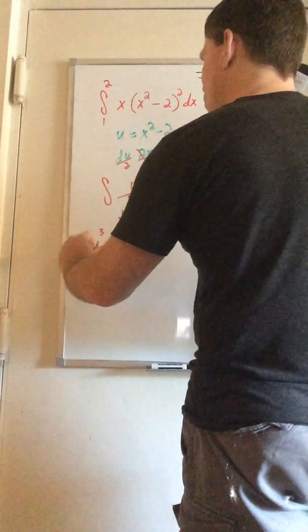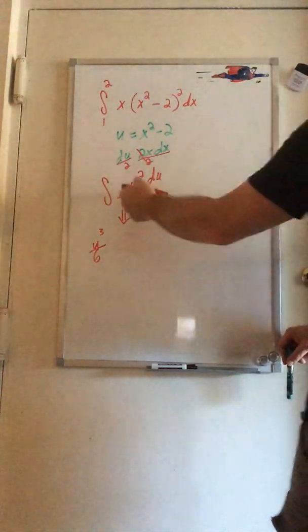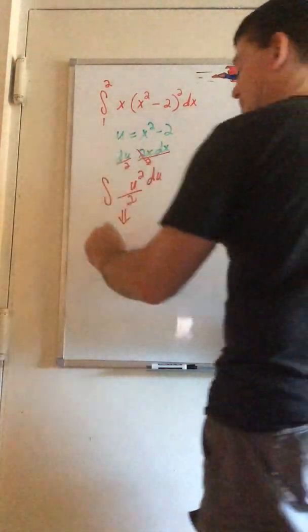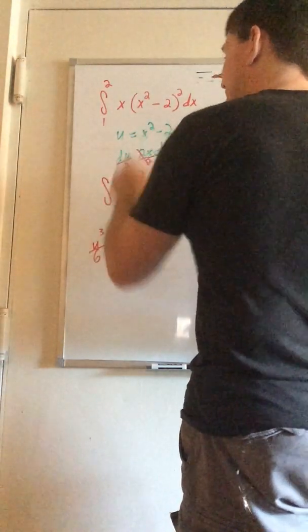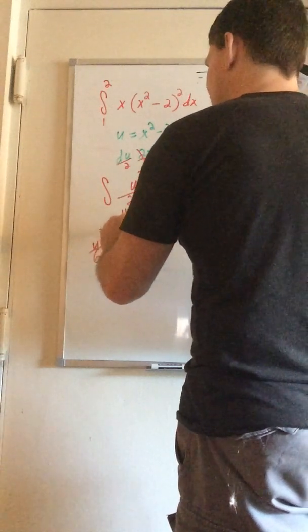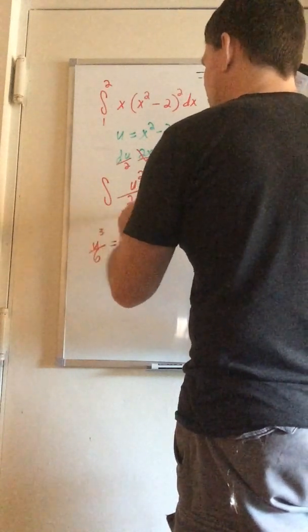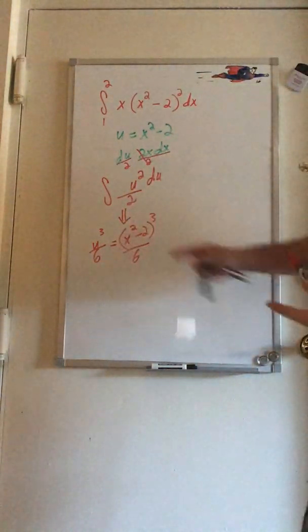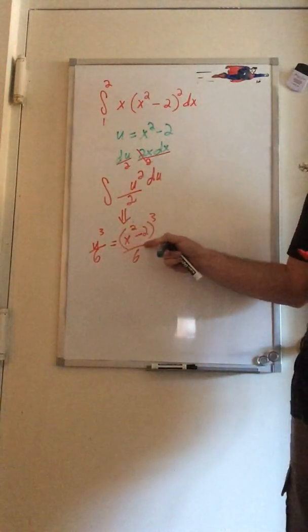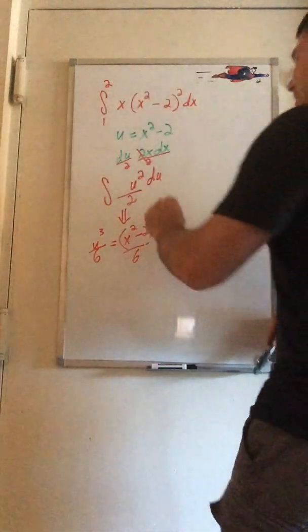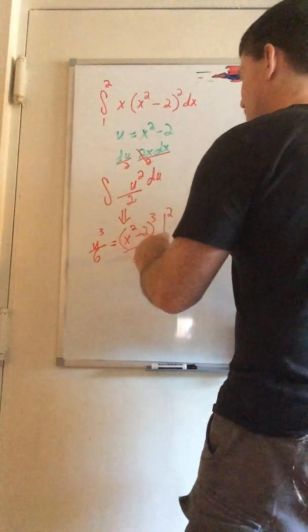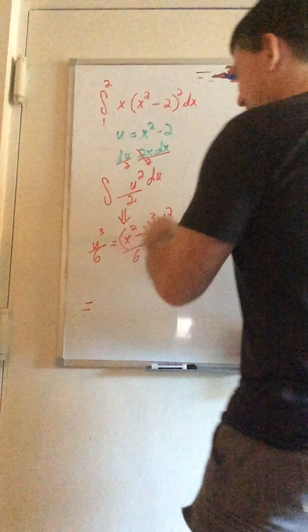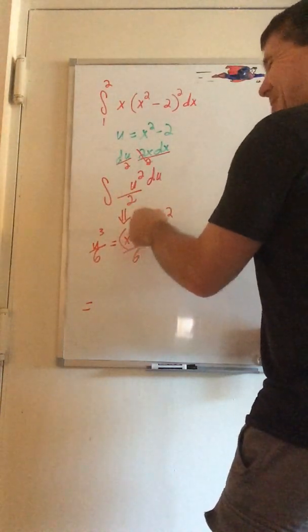I get u cubed over 6. Raise the power to 3, divide by the 3, and my u is x squared minus 2, so that's (x squared minus 2) cubed over 6. Now, I've substituted back for x, now I can plug in my limits. So I'll evaluate from 2 to 1, and I'll get, if I plug in 2 squared is 4 minus 2